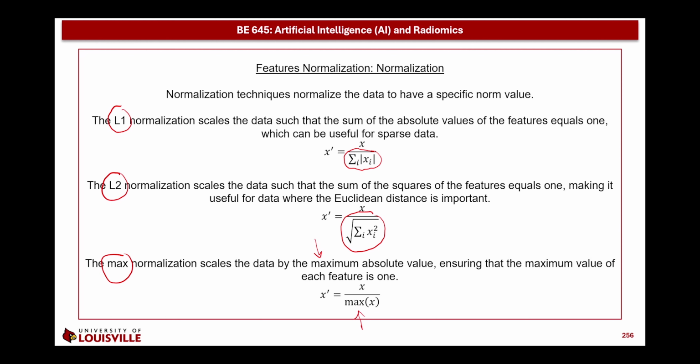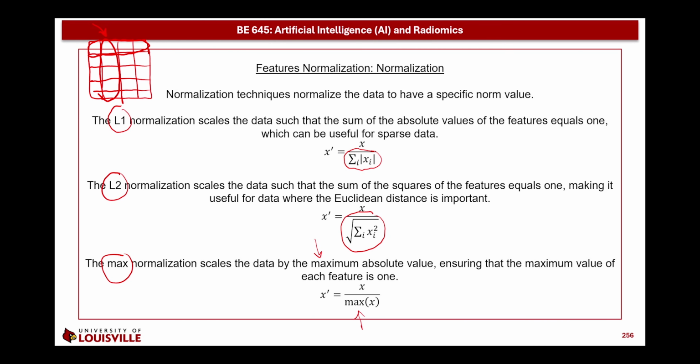Normalization can be performed feature-wise or instance-wise. This means that if we have a set of features and a set of instances, which are the rows, we can apply each normalization technique on the instance itself, or we can apply it on the feature itself. The commonly used approach is applying it on each feature so that each feature can be inside